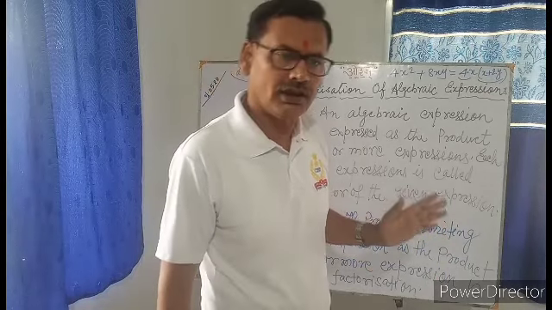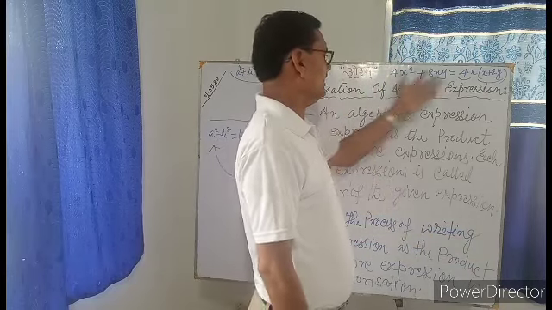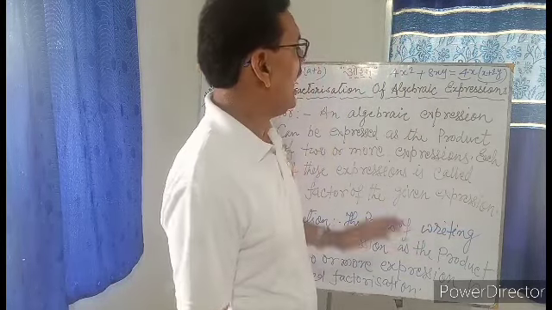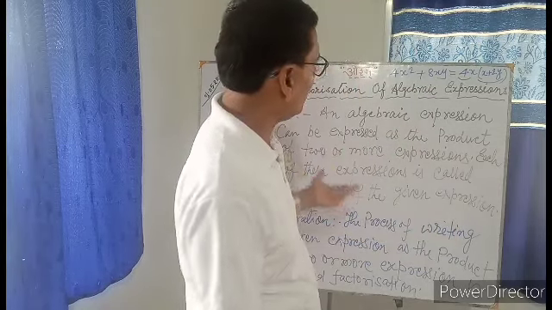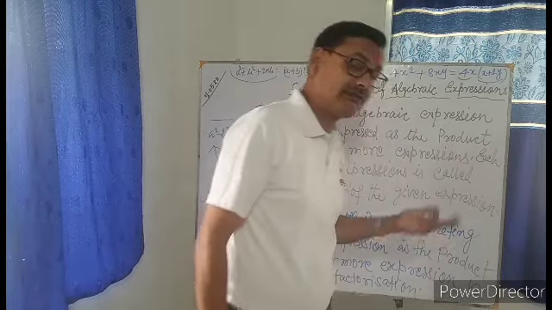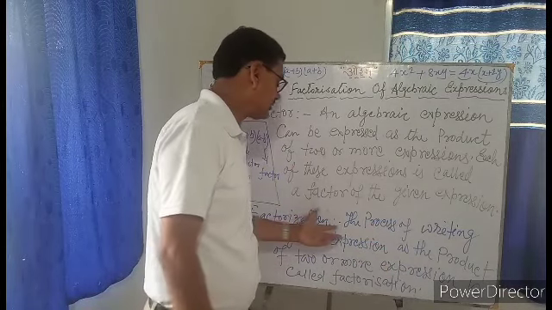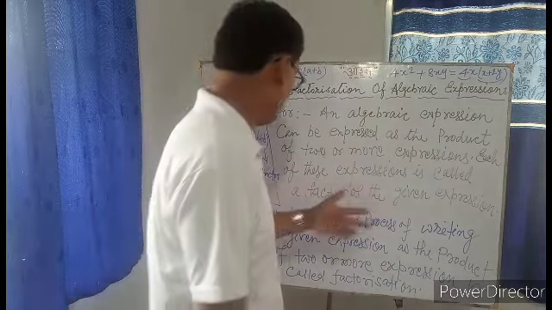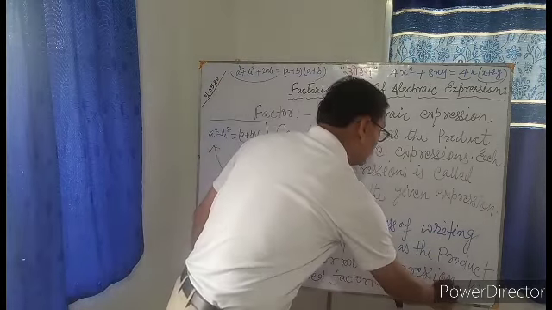Have all understood? I think you would have got it. So these are the factors. And what is factorization? The process of writing a given expression as the product of two or more expressions is called